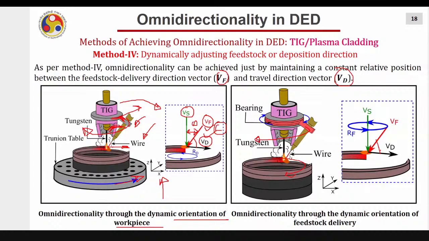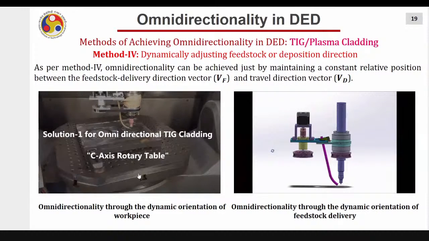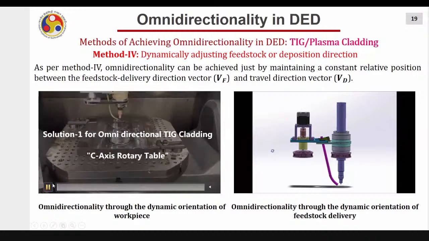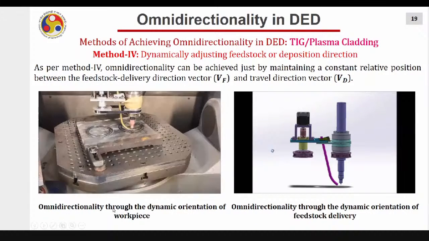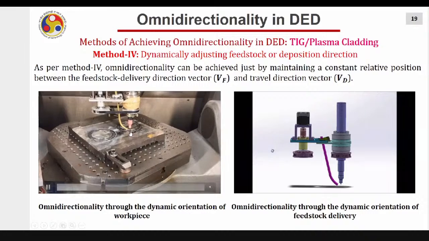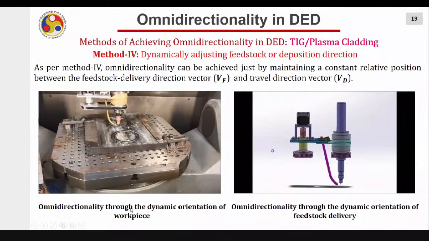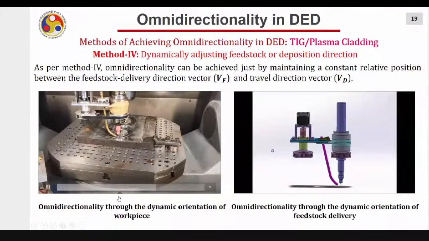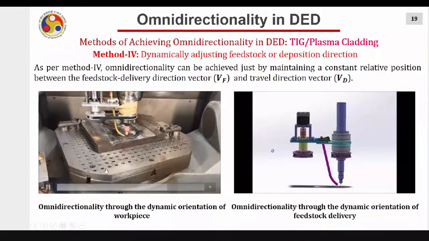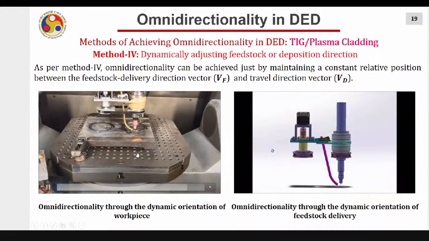Let me just show you the videos. The solution here you will see is dynamically adjusting the substrate. I'm going to make this circle. You see that this rotary table is rotating, and all the time it is front feeding now. And that is what we wanted. But the issue is you need an additional axis, right? In that case, XYZ is on the top, but on the bottom you need an additional axis. So a 4-axis system is required at minimum,